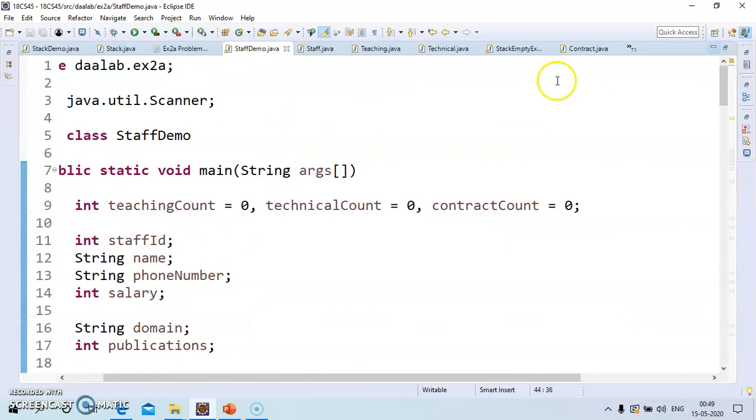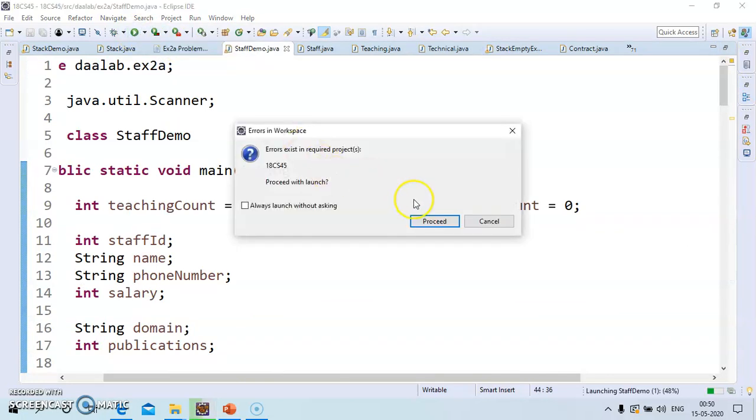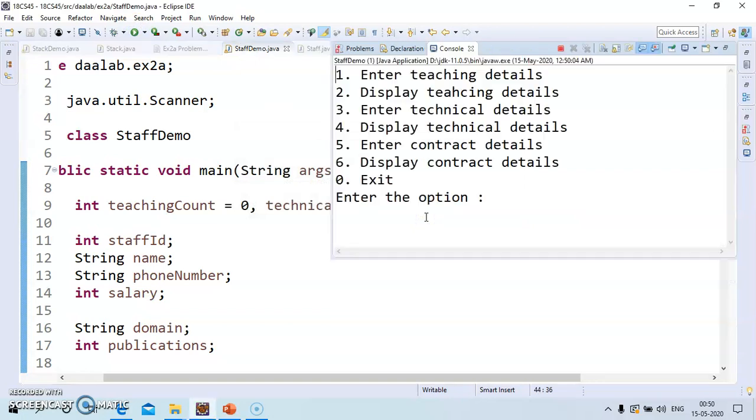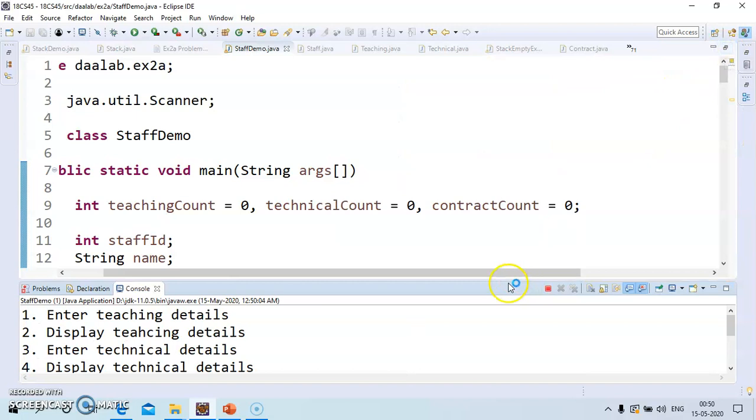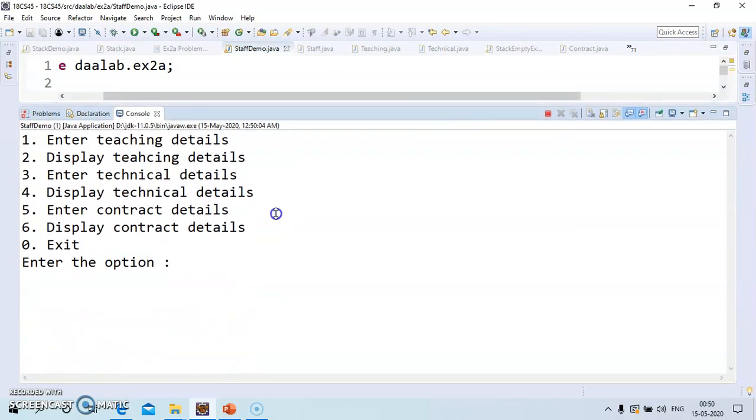Okay, now I will run this program. So this is our menu. Initially I will try to display the teachings, but there are no teachings available there. Okay, so I will take option number 2.